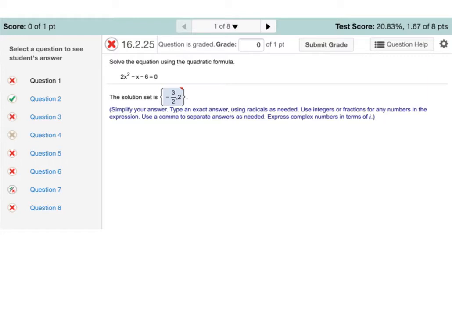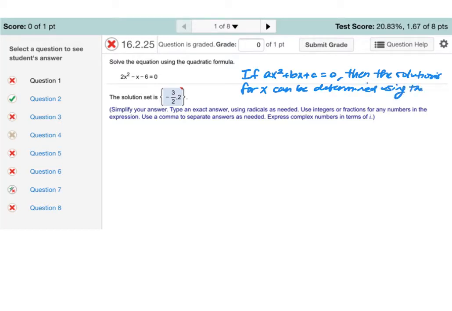Okay, and so here the quadratic formula is, if I have ax squared plus bx plus c equals 0, then the solutions for x can be determined using the quadratic formula, which is determined by x equals a negative b plus or minus the square root of b squared minus 4 times a times c, all divided by 2 times a. Okay, so the first thing we want to do is determine the values for